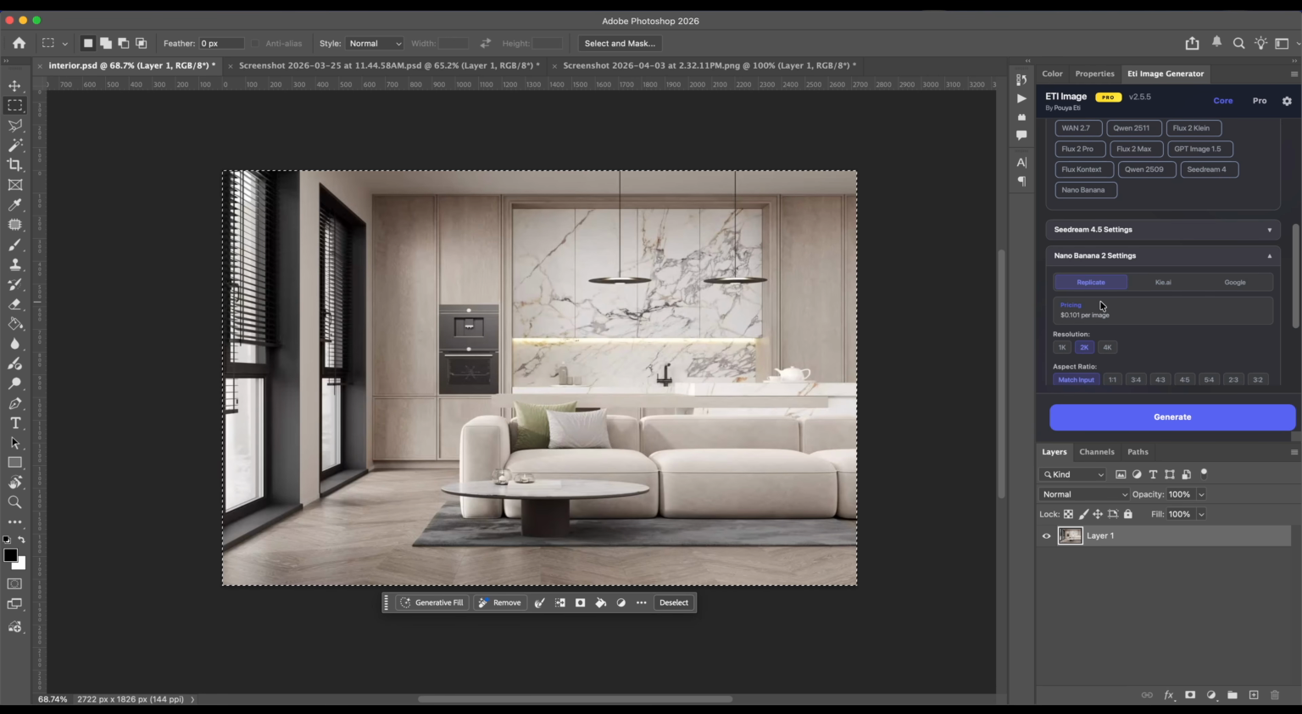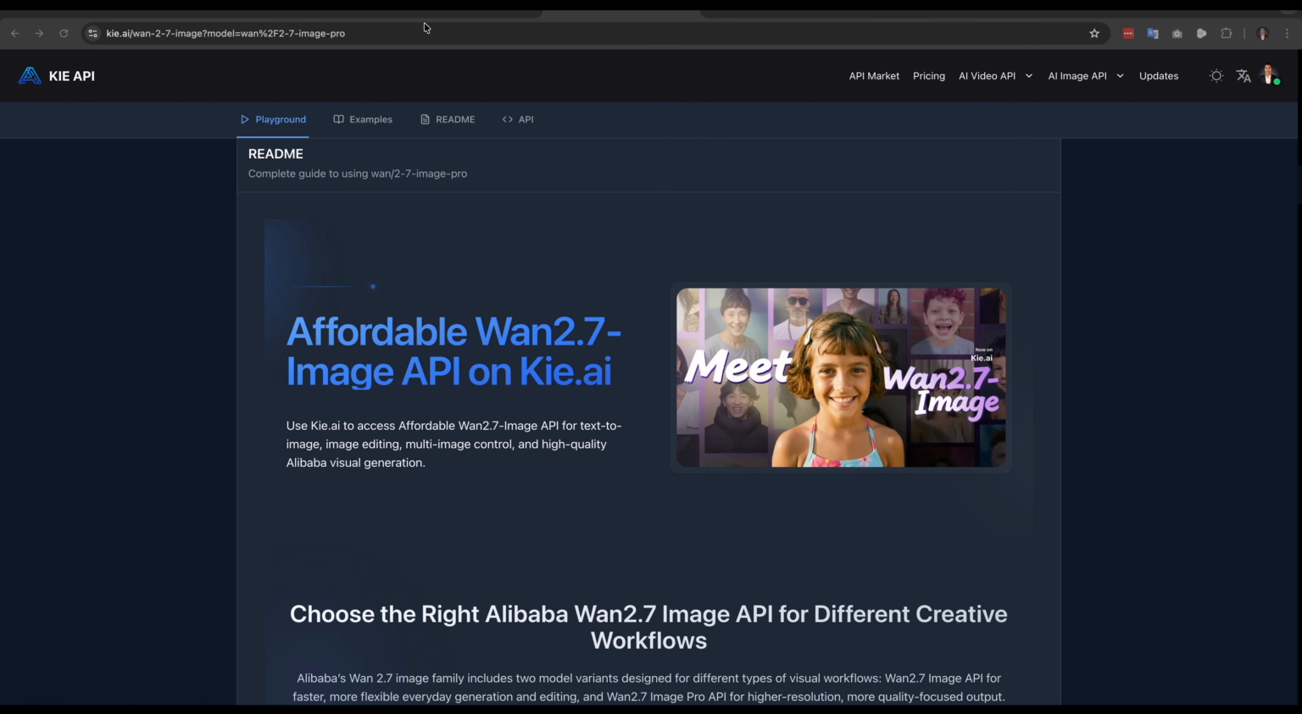For example, Replicate. Here I can see the price for each image that I want to generate. If it is, for example, 4K, it will cost me 15 cents if I use Replicate. If I use Kai, it will charge me 9 cents. So it is a little bit cheaper. So let's say I select Replicate, and for it to work, I have to come to